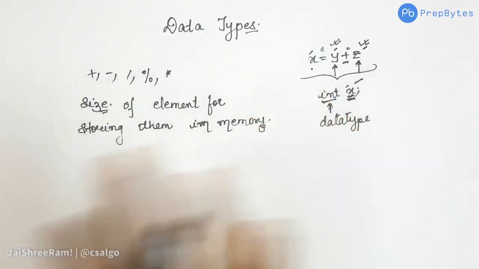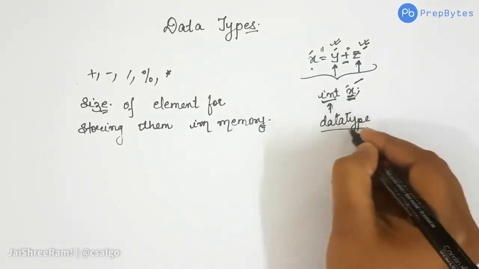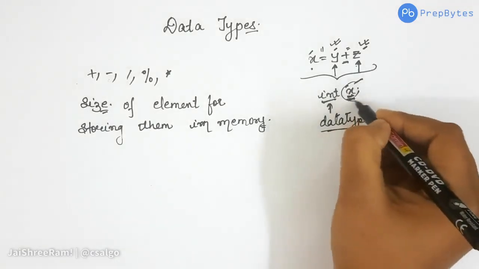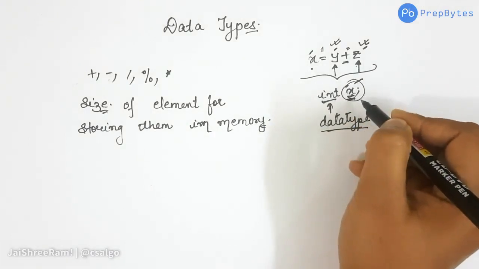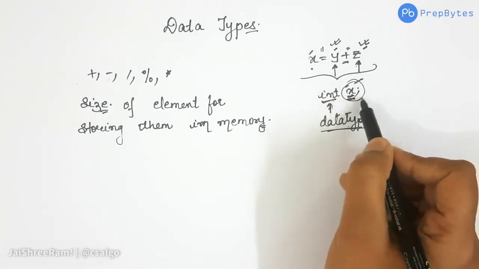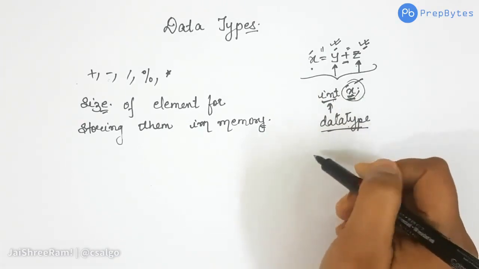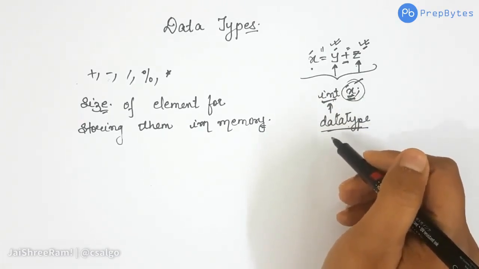We have several data types and each data type has its own size. We will see which particular data type occupies how much memory. Here we are trying to understand why we need a data type, or what the use case of a data type is. When I'm talking of data type, I am saying which particular type the variable is of, and we give this data type to a variable while declaring the variable only. Now we need to know what the different data types are that a particular language supports.